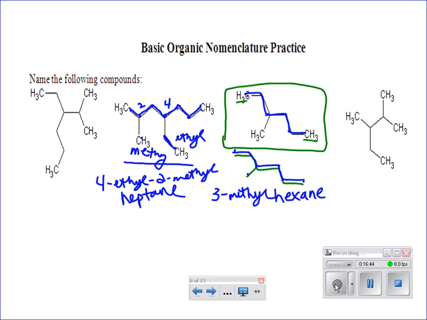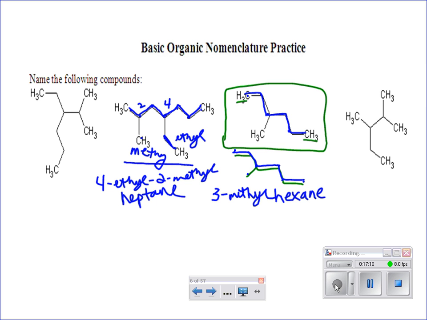Okay, I'm looking at this one because I want to show you something. This is a weird one. 1, 2, 3, 4, 5, 6. If I go that way, I have 6 as well. Which one do I choose? There's an IUPAC rule. Why, is there 7 somewhere? I don't think so. There's an IUPAC rule that says if you have the option for the same number of